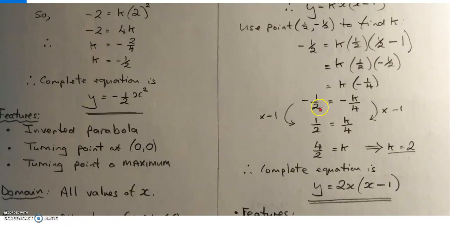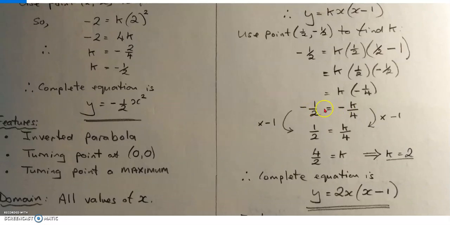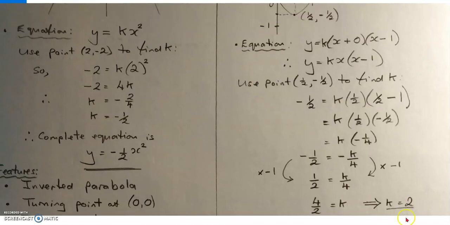So I've got a minus sign on both sides of my equation. So if I was to multiply this side by minus 1, and I was to multiply that by minus 1, then I've done the same thing on both sides of the equation, turning this into positive and that into positive. So then I'm easily able to cross multiply the 4 up there to get that, and 2 into 4 goes twice. So there is my positive value of k,